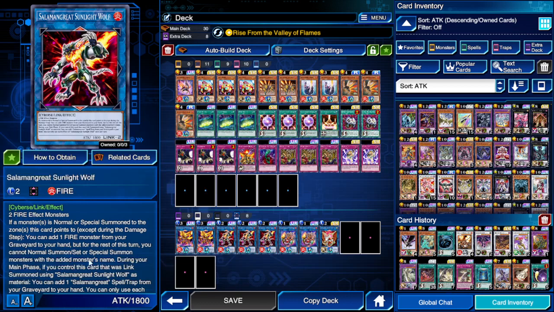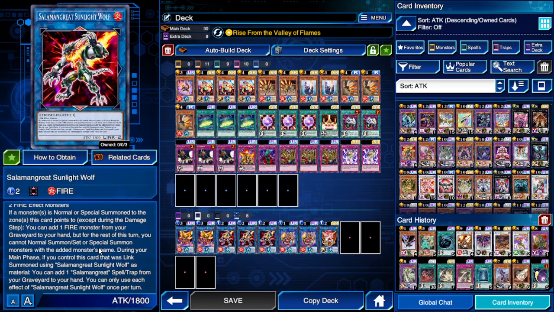So really, really good. Or Dogoron, like that's a fire if you attack it. Okay? Second effect, during your main phase, if you control this card that was Link summoned using Sunlight Wolf's material, you can add a Sunlight spell or trap from your deck to your hand. You're going, hold on, I have to summon a second wolf on top of this using 2 more monsters because